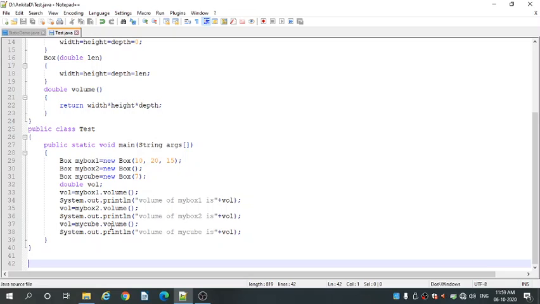And then comes vol equal to myCube.volume.